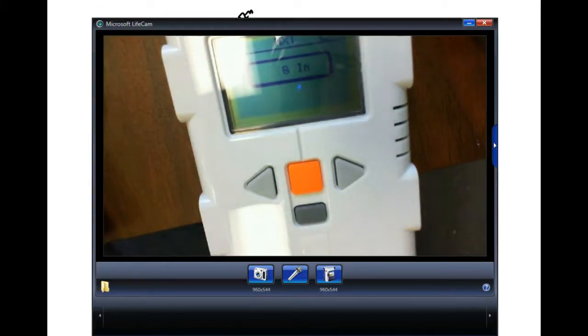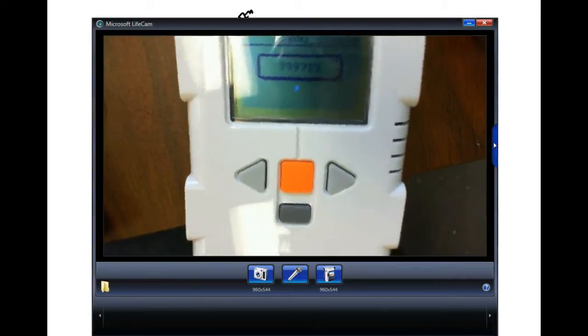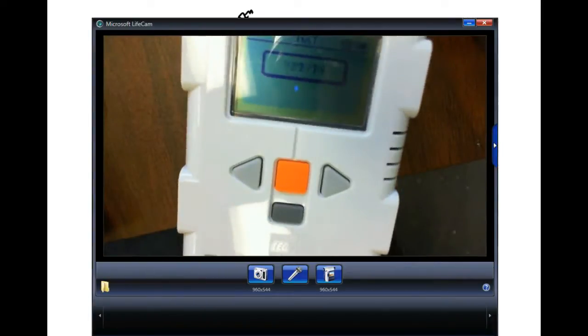Now notice I'm moving it up, and my display says 7 inches. And I move it down. So really, I could do one of two things. I could say, okay, I want my robot to turn when it gets this far, right? Or I could go over there, set it down, put it on view, and see what it shows. So this is what we're going to use to calibrate our sensor. Does that make sense? And then when I do my online programming,